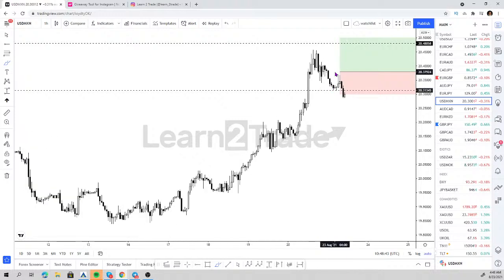So, like I said, I might not be the first one on that long position on the US dollar Mexican peso, but I will be the most secure. Why? Because if price in this market had broken today's highs, then we would have seen some momentum at least to retest last week's highs. Let's have a look at